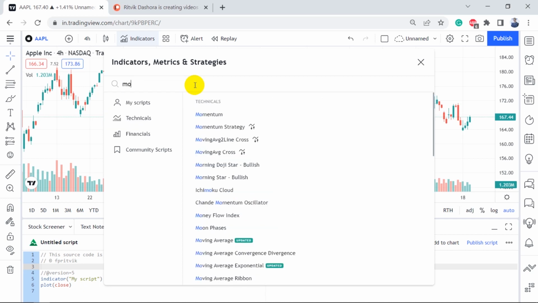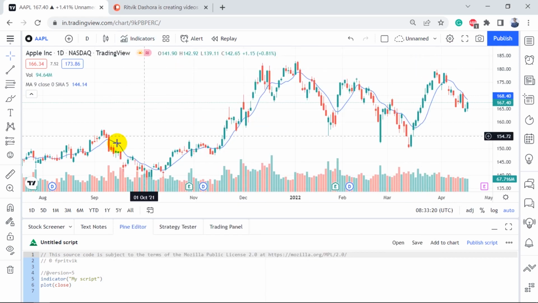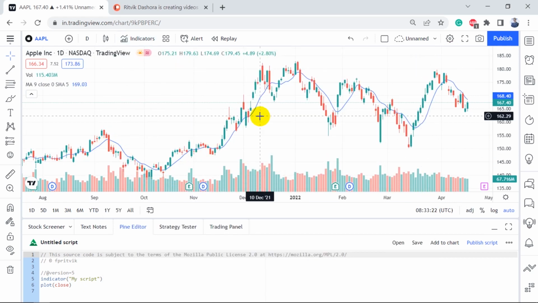For example, moving average. So if you click on the moving average, you can see the line graph of moving average in front of you. And now, these are some basic usage of TradingView, and it has no relation with the programming, but our channel is financial